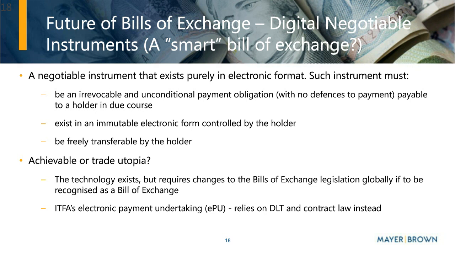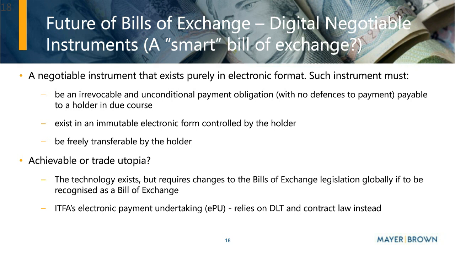And the reason being is, for example, the English Bills of Exchange Act requires a bill to be delivered in order for it to be effective. And delivery is defined as the transfer of possession. And this creates an issue under English law, as the prevailing view is that it's not possible to transfer possession of something which is intangible, which is how a digital bill would be characterized, because it does not physically exist, but instead exists electronically. But is it possible to create something akin to an electronic bill of exchange that sits outside of the bills of exchange regime?